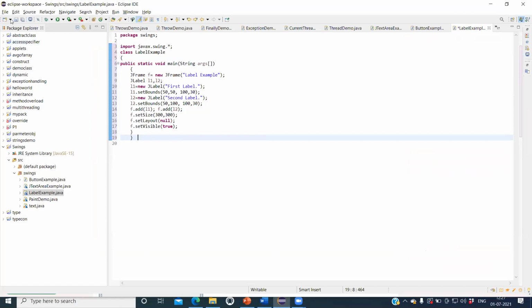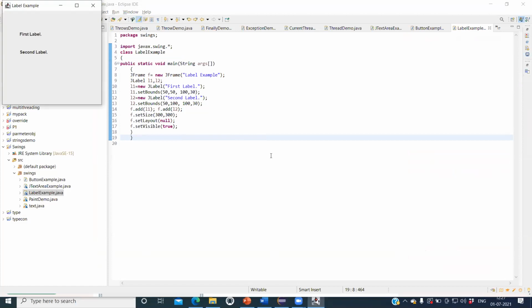Let me execute it. Okay, are you seeing the output? Is it visible? Just type in the chat box. So two labels we created in a container, the first label and the second label, like that.